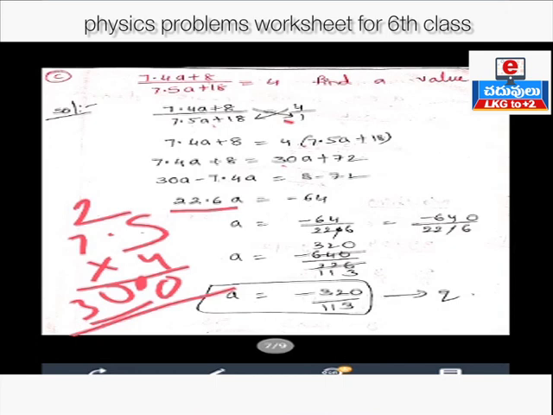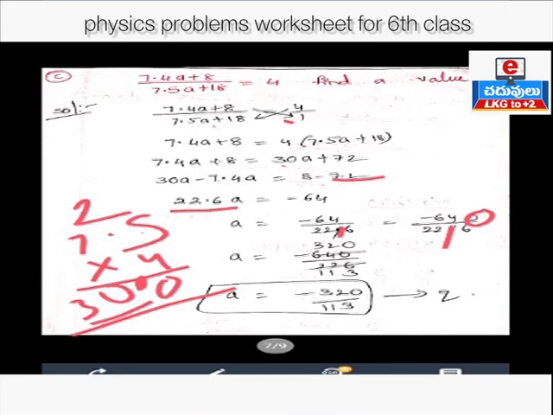That is a positive number, is equal to 8 minus 72, that is nothing but 64, but minus 64. Why? Because here 72 is the bigger number and it has the negative sign. So a is equal to minus 64 by 22.6, children. So in the denominator a decimal is there, in the numerator a decimal is not there. So that's why I can write this. I will cancel this decimal. In the denominator, after the decimal, how many numbers are there? Only one number. So in the numerator, that's why I can cut this decimal. In the numerator, I can write 0.